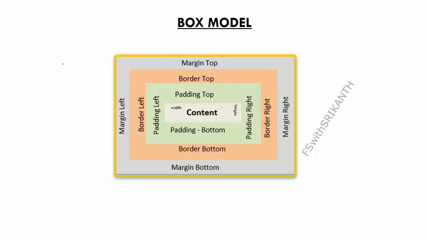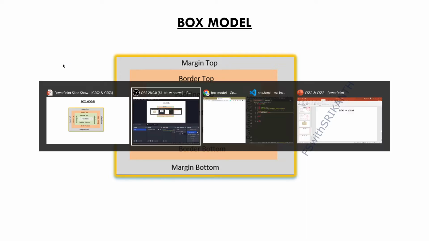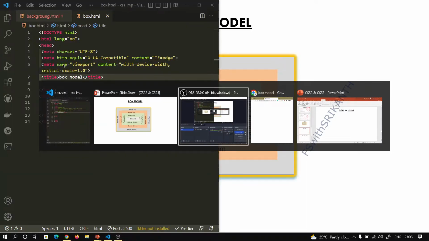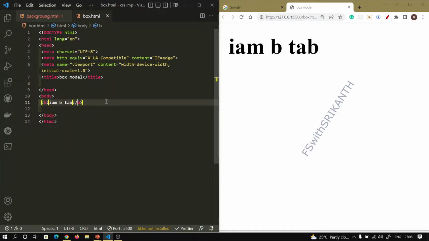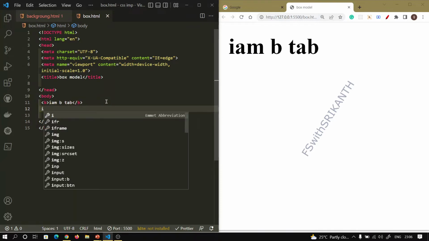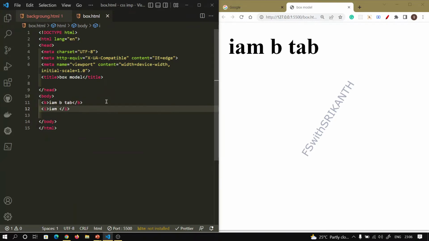Before we focus on this box model, first we need to understand block level elements and inline elements. So this is our sample web page. Just observe the b tag, and I am taking one more tag, the i tag. So just observe, these two are